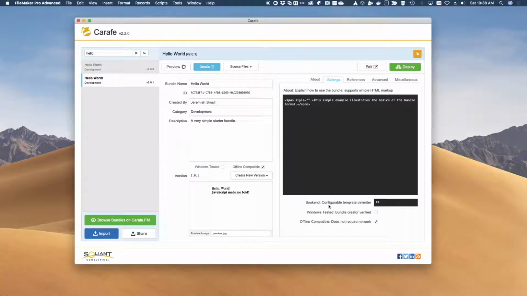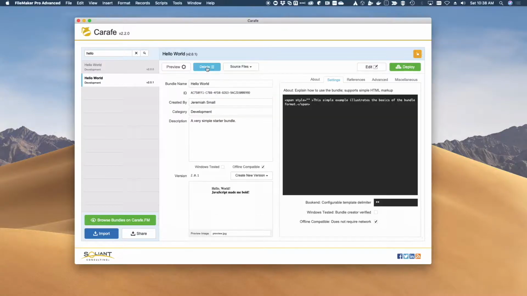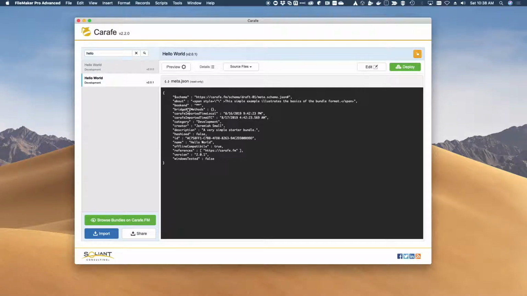Then of course, our preview will be broken because it's going to try to look for that. So if we refresh the preview, we're going to see our merge text unmerged. It's expecting the double underscore on either side of our merge text. And we've defined within the meta, so switching over to the meta, we've defined the bookend as double asterisks,